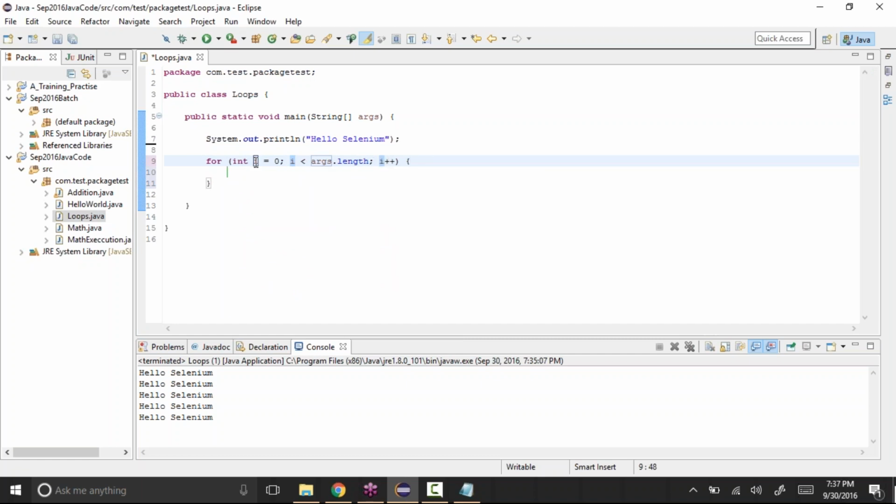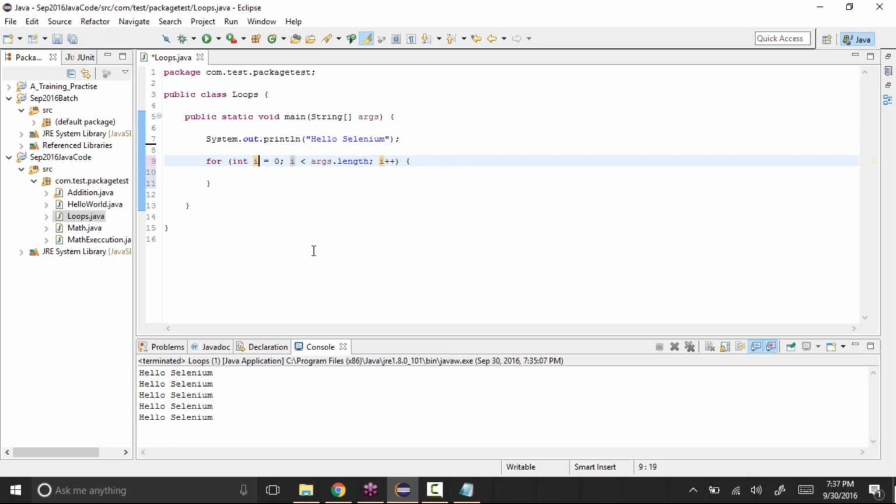So what it says is i is some variable. You can give i, a, b, c, whatever you want, or instead I can say fLoop equal to 0. 0 means I want to start that loop from 0, or let it be i equal to 0.